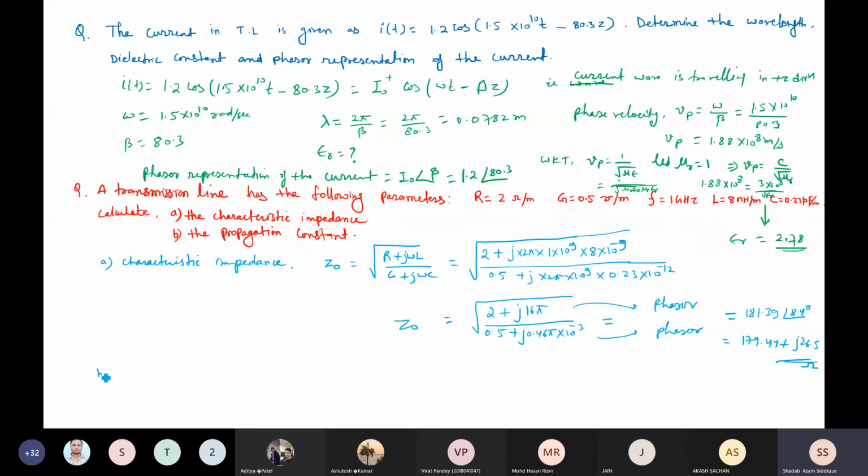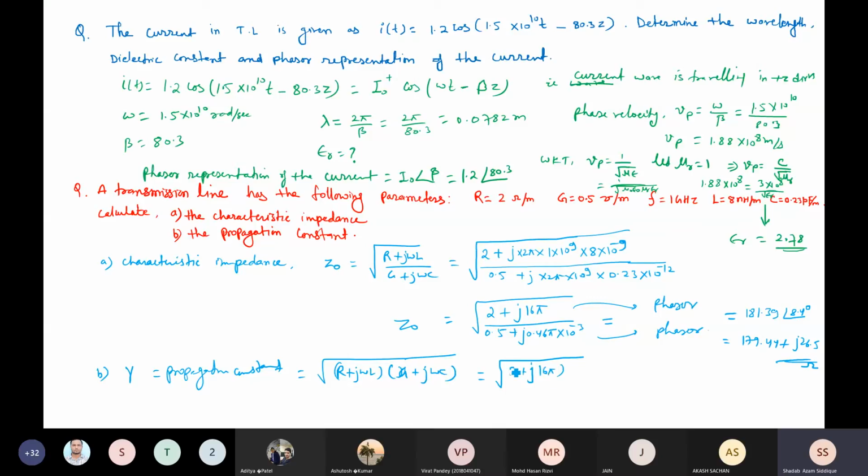Now similarly you can calculate for gamma, the propagation constant. So gamma is the propagation constant, which comes out to be the square root of r plus j omega L and g plus j omega C. So that comes out to be, I'll write directly here, r plus j omega L is nothing but 2 into